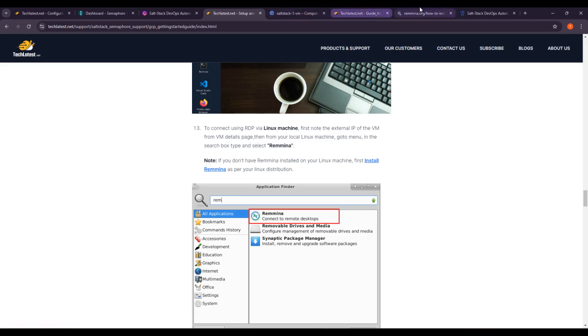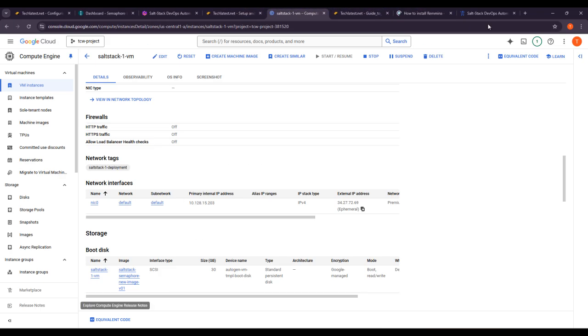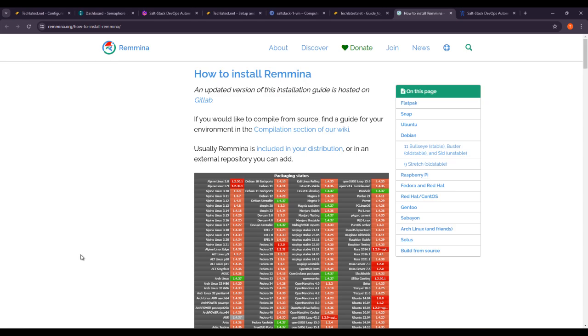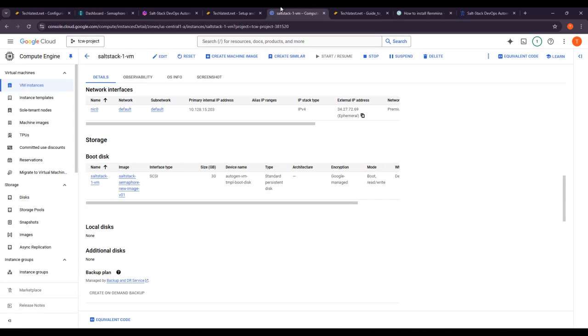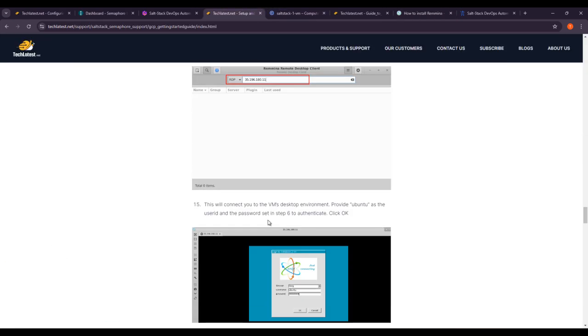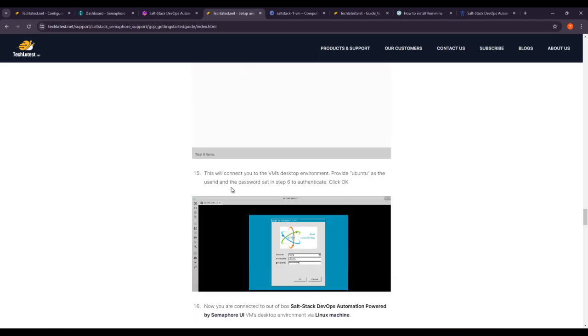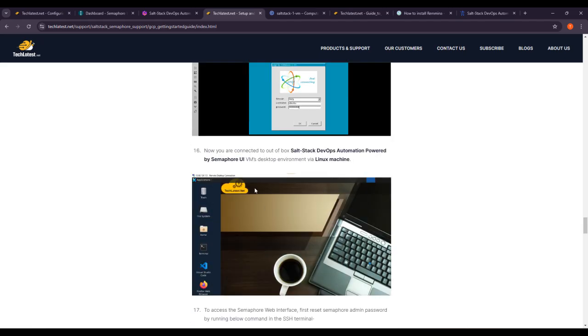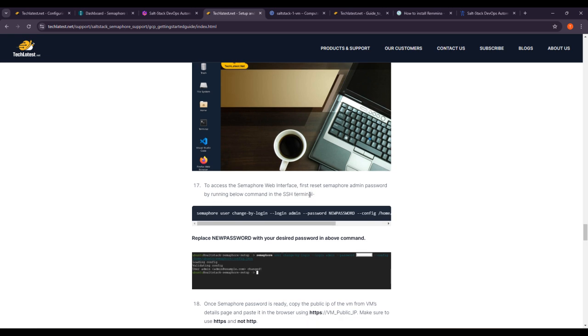If you click on this link and open link in new tab, you will be redirected to Remmina and you have to download from here. Then next step is in the Remmina, you have to paste the IP address and click on OK. Then you are connected to the out of the box Semaphore UI and SaltStack DevOps automation powered Semaphore UI desktop environment via Linux machine. To access the Semaphore web interface, first reset Semaphore new password by running the below command by